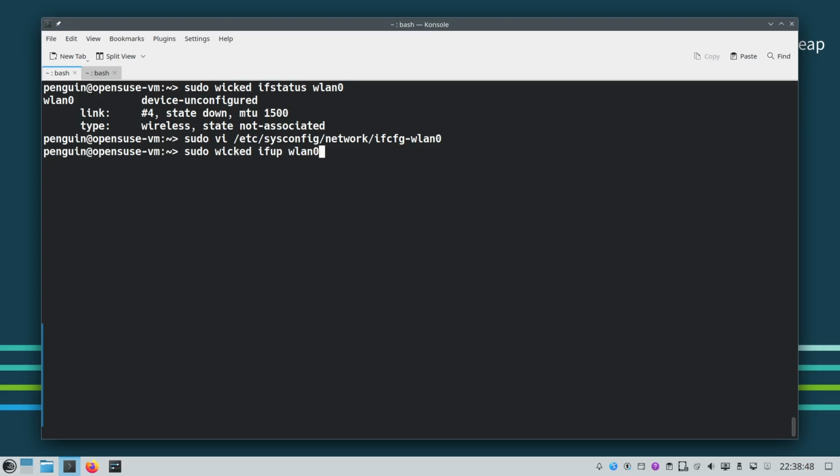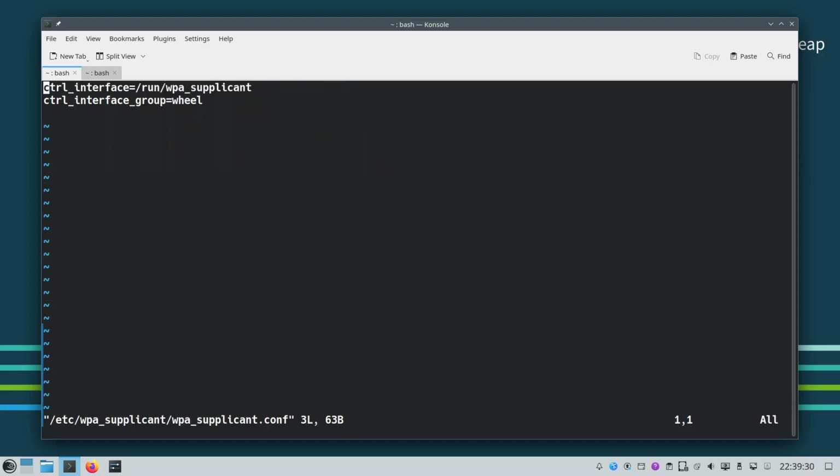But here it will not work with me because I didn't put the actual name of a Wi-Fi and password. I don't want to share this information online. And if I press enter, it will bring the card up with the configuration. One more thing here, to configure WPA authentication. If using WPA authentication, you should create a file under /etc/wpa_supplicant, and we can see that it has only one file, wpa_supplicant.conf, where we will put,